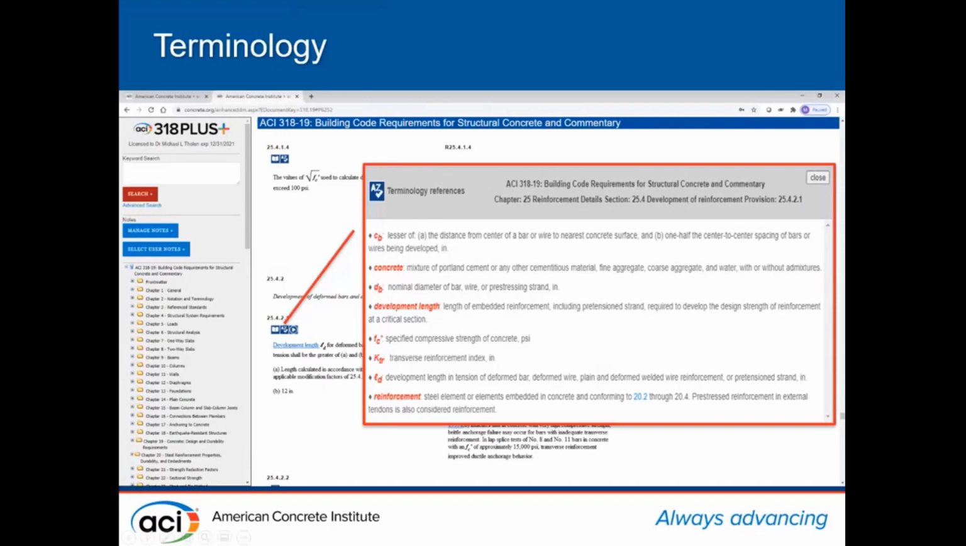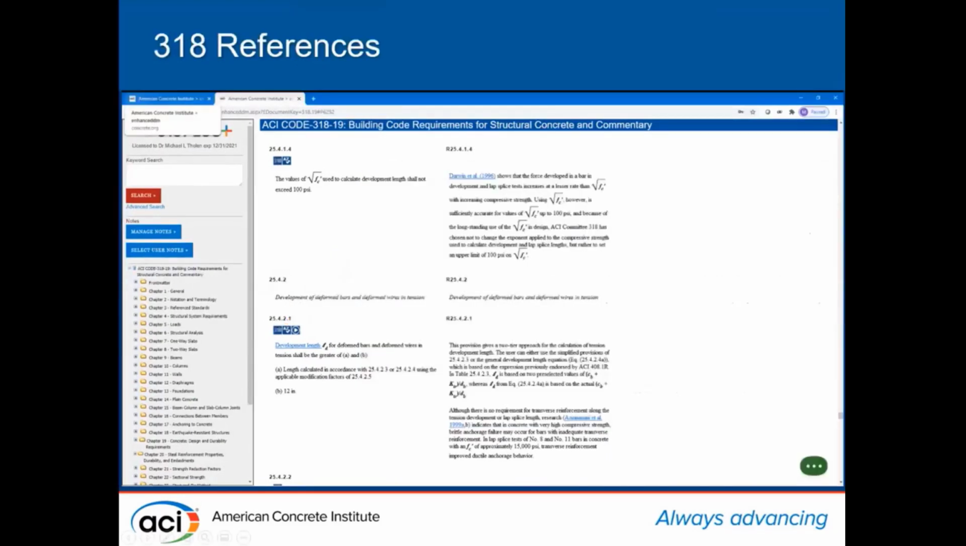The 318 references icon, that's this icon right here. You'll also notice that we have some text that's hyperlinked in this one, and it also includes the 318 icon. When I hover over that text, this dialog pops up and it tells me what bucket, what icon this link falls under. This is a 318 reference. That's all of the references that the 318 committee actually put into the code or the commentary. It gives me the reference call out, and then there's a short note about the